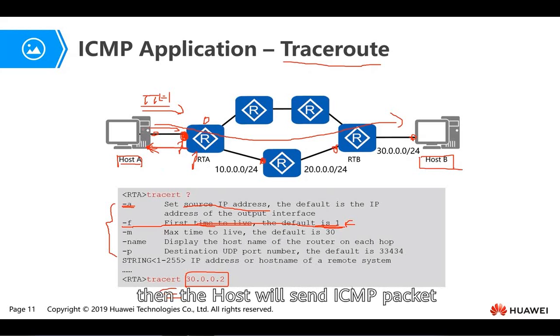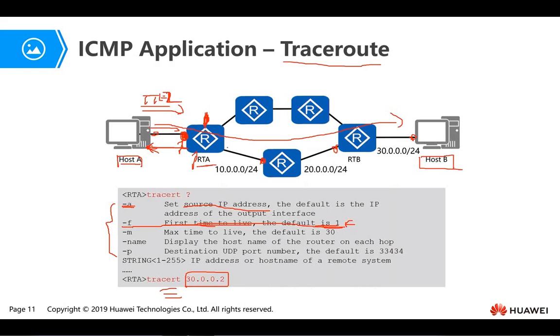Then the second time, host A will send out the packet with TTL equals 2, okay? Then router A subtracts 1 and gets a result of 1, okay? The 1 is not exceeded, so it is sent to the next hop, okay? Then maybe RTC, okay? The RTC gets this packet,